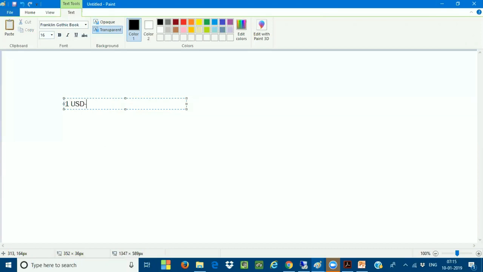Yes, I'm talking. So $1 USD is equal to, for example, 10,000 KHD, Cambodian currency. Okay, I can take it like this. KHD, Cambodian dollar. We can call it 10,000 Cambodian dollars. Now,